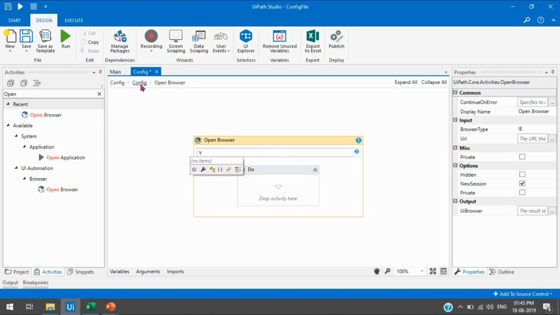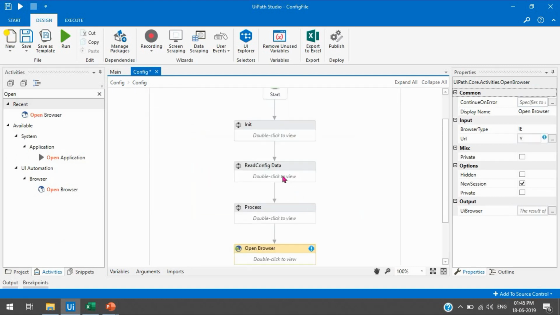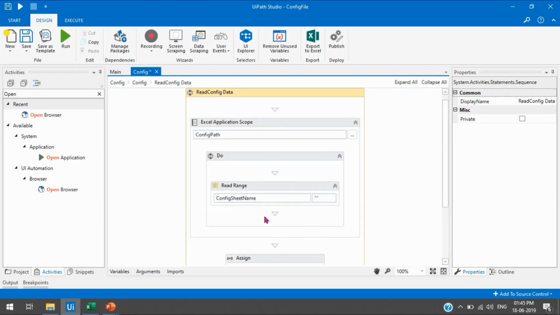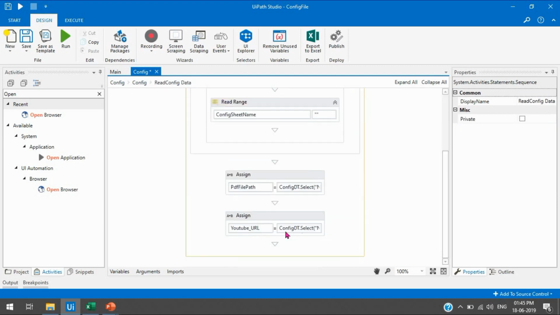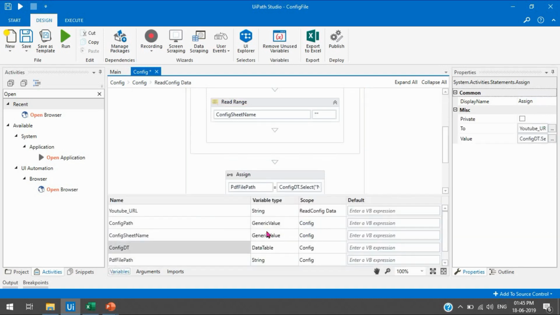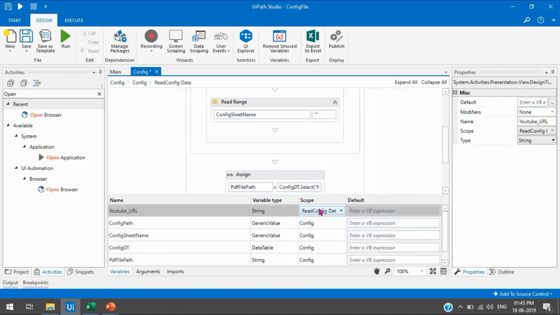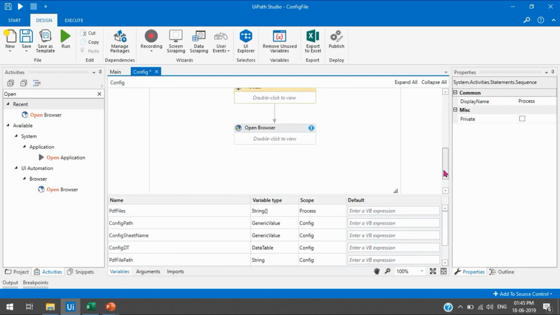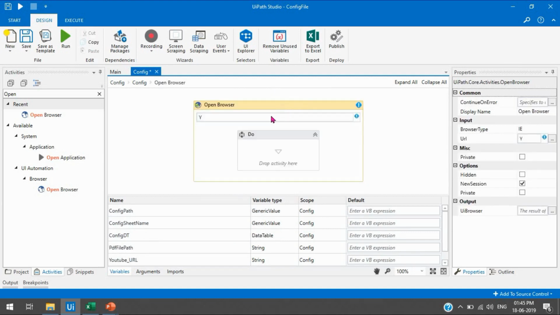Let me change the scope of that: YouTube URL, and the scope will be the config, so that it will be accessible anywhere in the project. Now let me change YouTube URL. So it will open this URL every time,